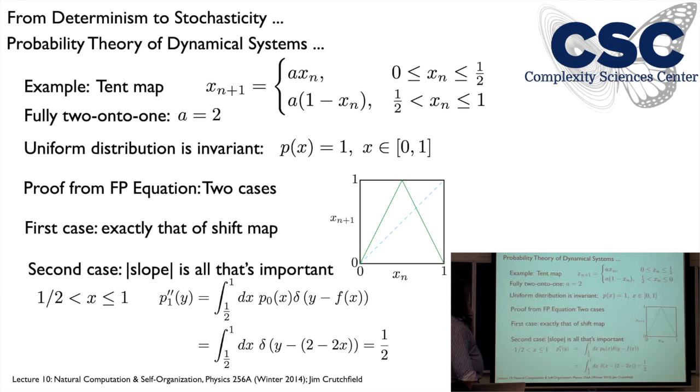Same sort of thing when we do the tent map. The case where it goes all the way up, a equal 2. The only difference here is that we have a negative slope, negative 2, but that doesn't really change anything. The first calculation we did for the shift map, this lower piece is exactly the same. So we get this contribution of a half everywhere in the range from this part of the distribution, 0 to a half in the domain. And then the only thing that's different here is that f of x up here is just 2 minus 2x, but you do the integral and it comes out to a half again. So the negative slope didn't make any difference here.